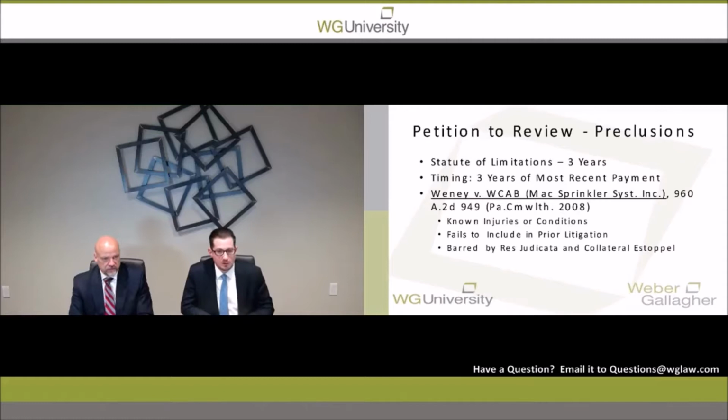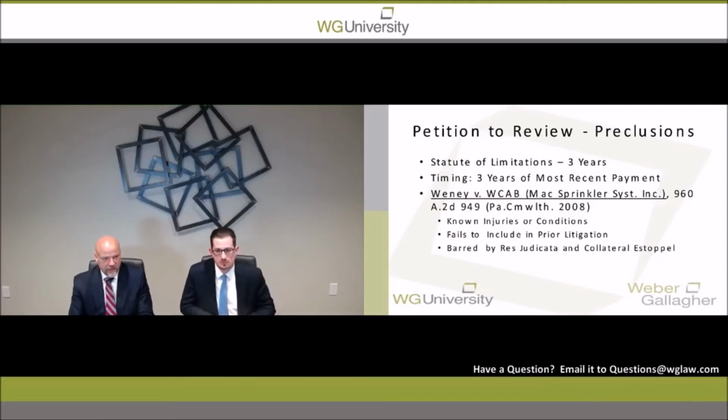And another bar to potentially expanding the description of injury is when the claimant may have known about a condition that was related to the injury that they did not bring to light in prior litigation. It's known as the Waney case, where a claim later on would be barred by res judicata or collateral estoppel. Right. And with that, a couple points: because notices of compensation payable and notices of temporary compensation payable are unilaterally issued, the injured workers don't necessarily have a say in what we accept. Once it reaches the level of litigation,